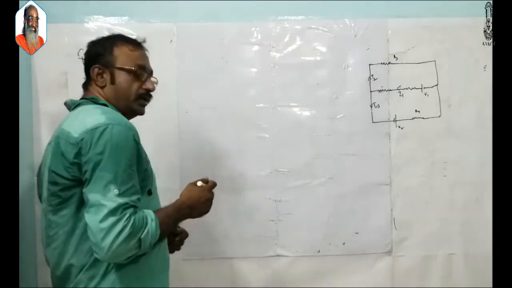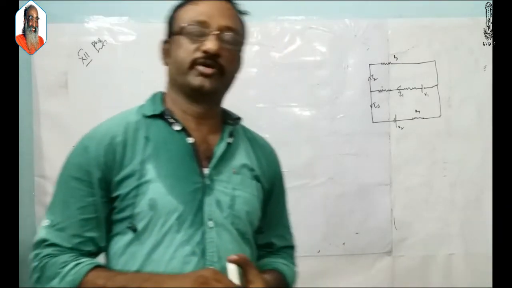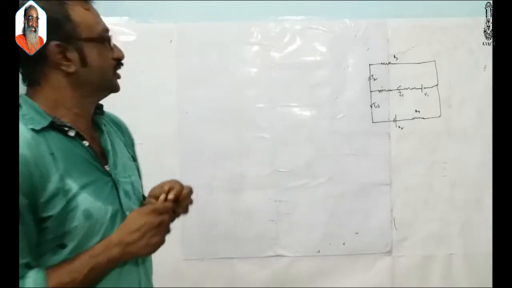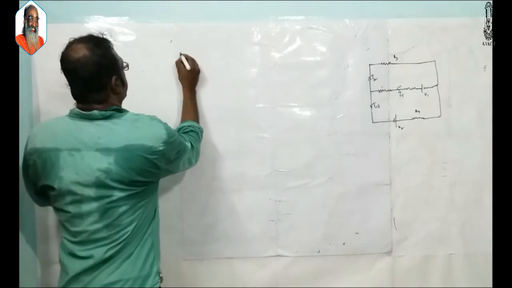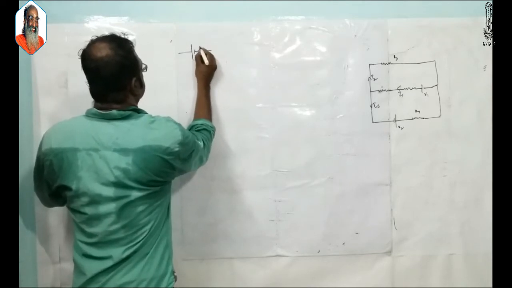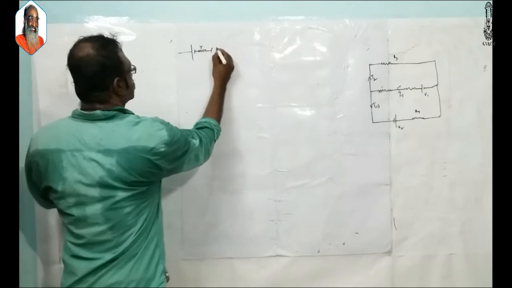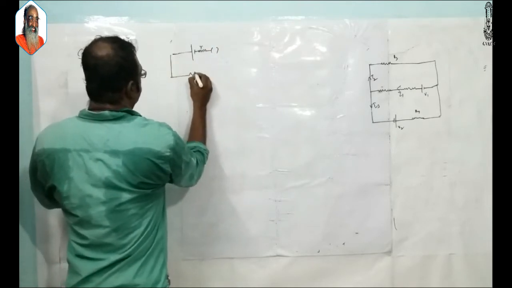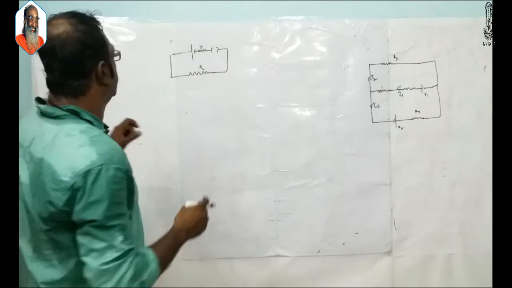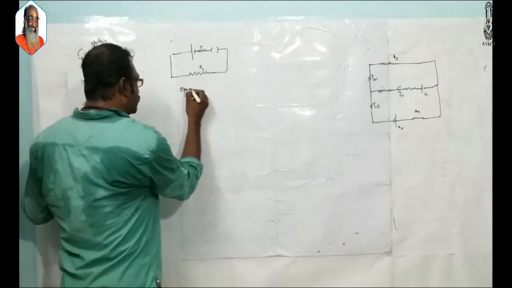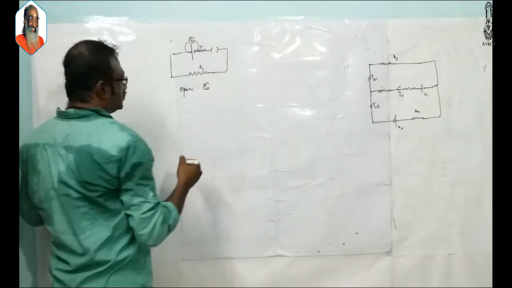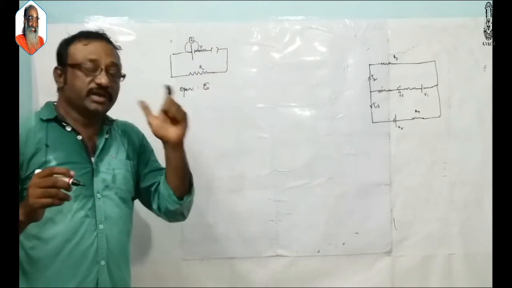Okay, in the earlier class, we talked about EMF of a cell, terminal voltage, and internal resistance, right? So, here we made a circuit with a cell whose internal resistance is small r, and we have a plug key connected to the external resistance R. Now it is like this. If the circuit is open and you connect a voltmeter, it shows the reading E. The reading shown by the voltmeter is the EMF of the cell.